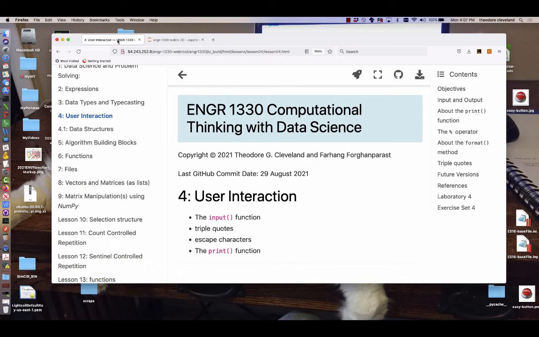All right, good afternoon. So today we're going to examine essentially the input function, which is a tool that lets us instruct the computer screen to ask for input and capture it from an input device, which for all practical purposes will be our keyboard. There are other input devices when you get fancy, but we're not there yet. So the key tools are going to be the input function, and then the print function you've already played with, but we're going to look at some different ways to